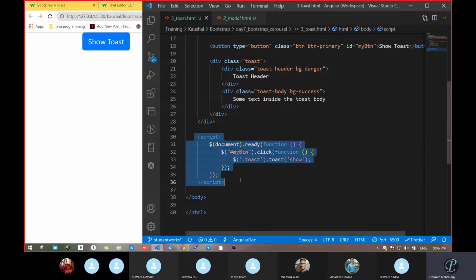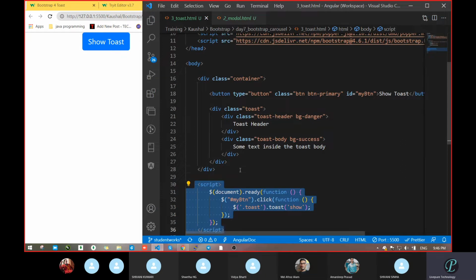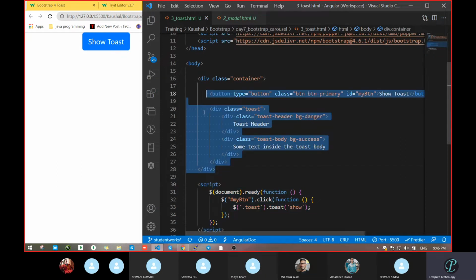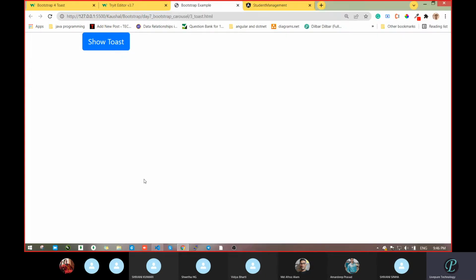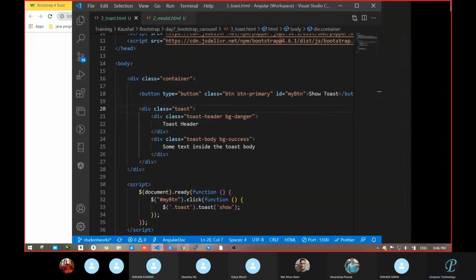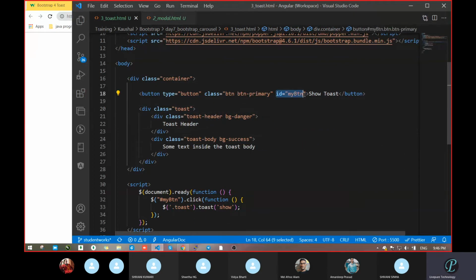For right now, just ignore this line of code. In JavaScript, we will learn all these things. But for right now, just think regarding this one itself. This is coming just as a design. Here we have passed id equal to my btn. My btn is actually targeting here, and due to that the click function is coming. Whenever we click, that time it works. Then the toast, whatever toast is there, is going to be hidden.